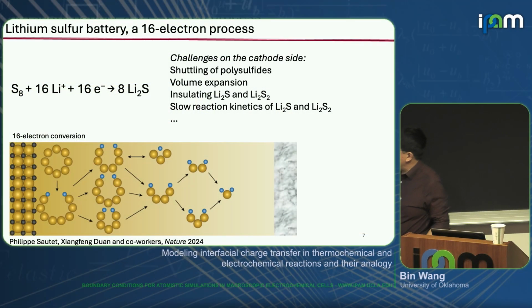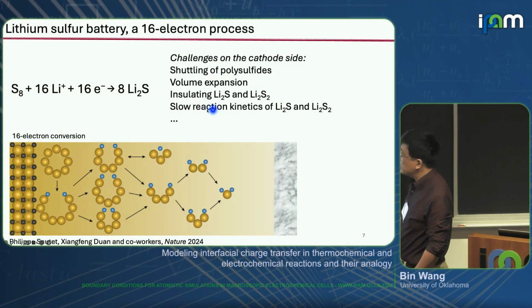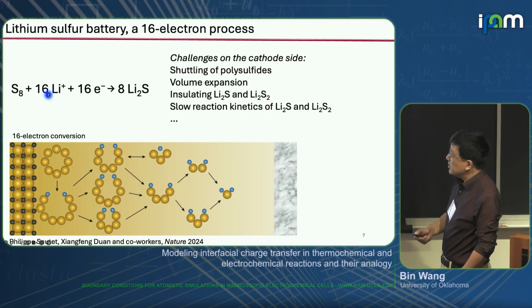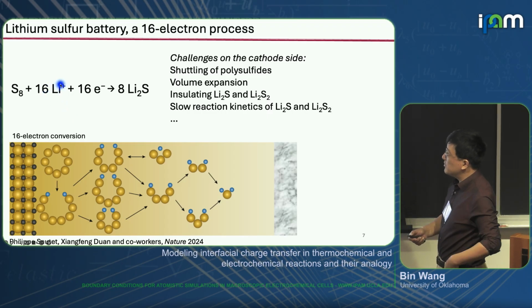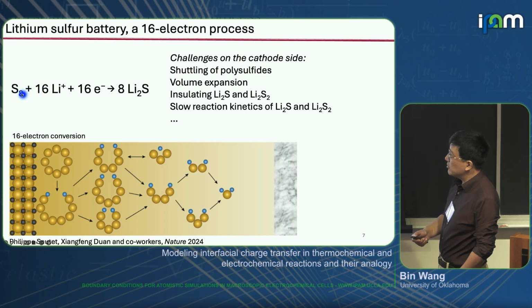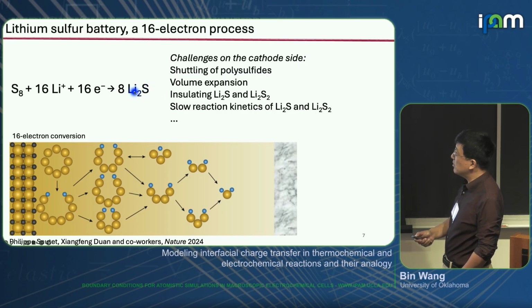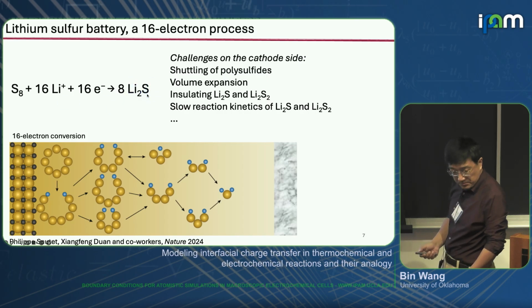In the first case, I'm looking at the lithium-sulfur battery. During the discharge, the lithium will leave the anode and go to the cathode, react with the sulfur, which is the cathode material. At the end of the discharge, you form a lithium sulfide. And when you charge the battery, the lithium has to be, of course, reduced back to lithium, and the sulfur back to sulfur-8.